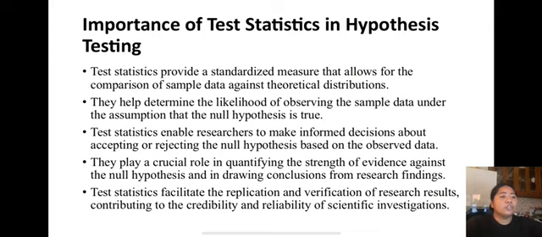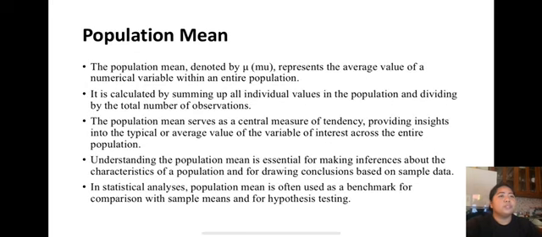They play a crucial role in quantifying the strength of evidence against the null hypothesis and in drawing conclusions from researcher findings. Test statistics facilitate the replication and verification of research results, contributing to the credibility and reliability of scientific investigations. Population mean. The population mean, denoted by μ or mu, represents the average value of a numerical variable